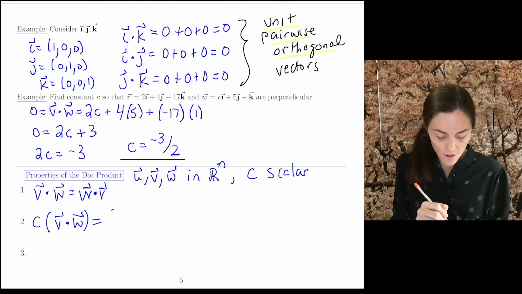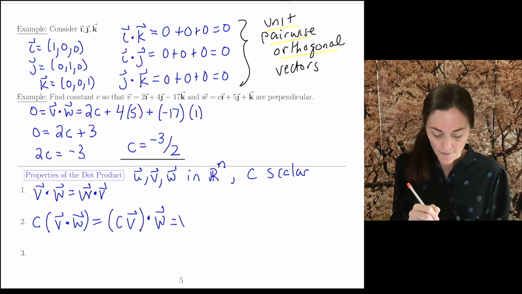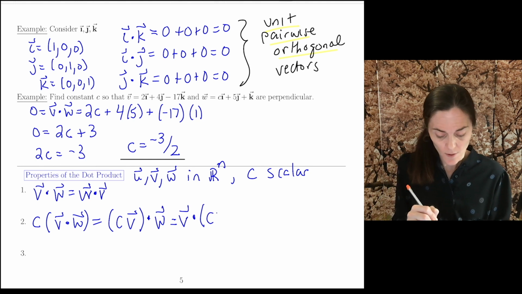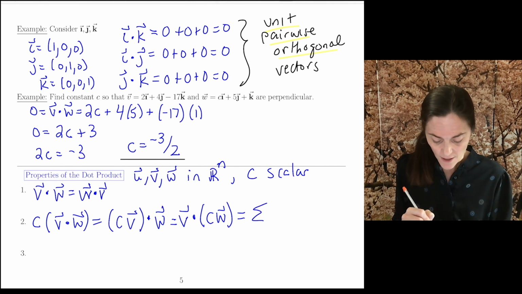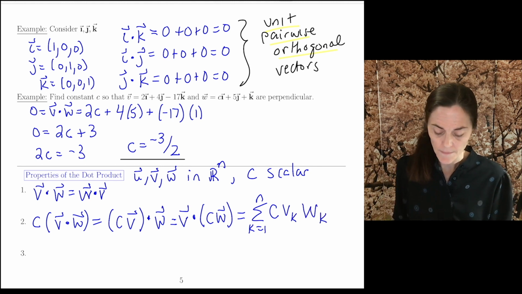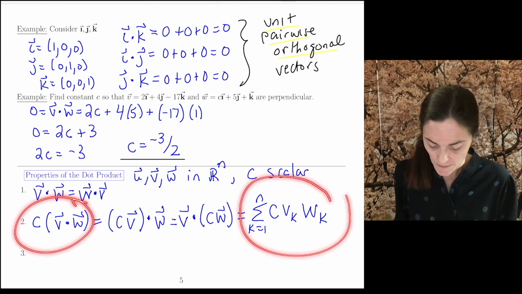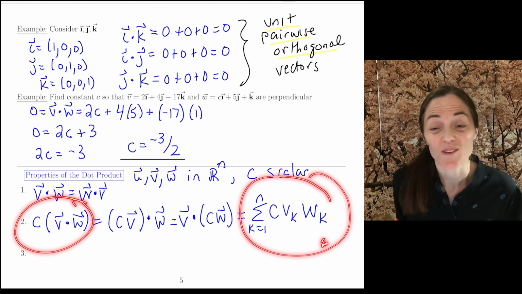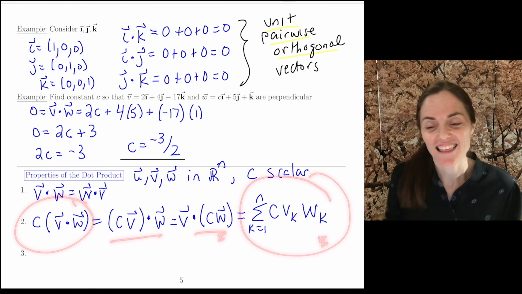You can either multiply c by the constant and then dot w, or you can multiply w by the constant and then dot v, and all three of these are equal to the exact same thing, which is you take the constant like this. Okay? All of these. Certainly this is equal to this. That's sort of the definition. But then these two are also equal to that, you can think about and check yourself